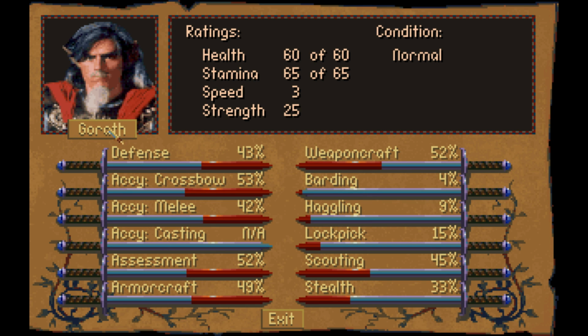And we've got Gorath here. Gorath has a beard. He's what's called a Moradhel, which is kind of a dark elf, basically. But he's got a beard, which indicates that he has some human blood in him. Let's see. You've actually got pretty good weapon craft, but I want you on the armor craft. Accuracy melee for now, and...